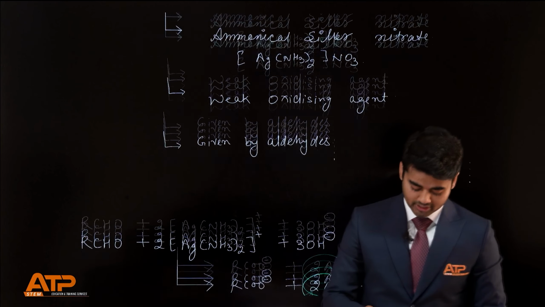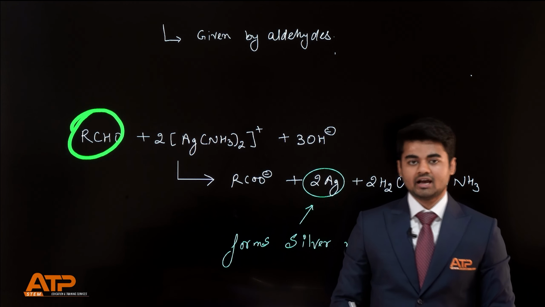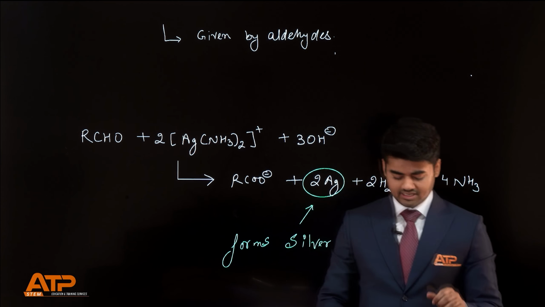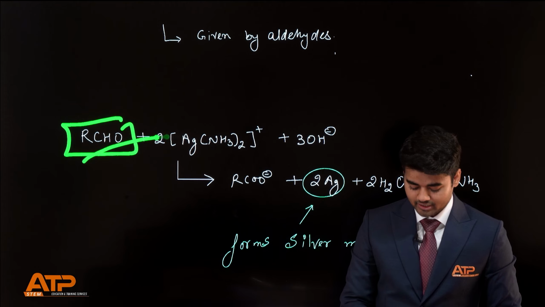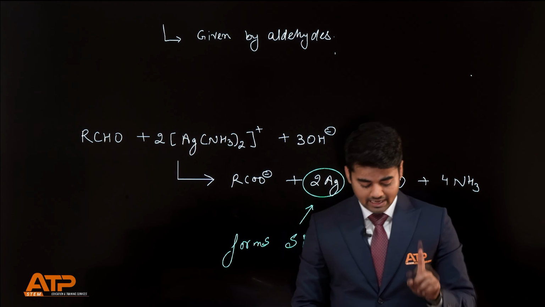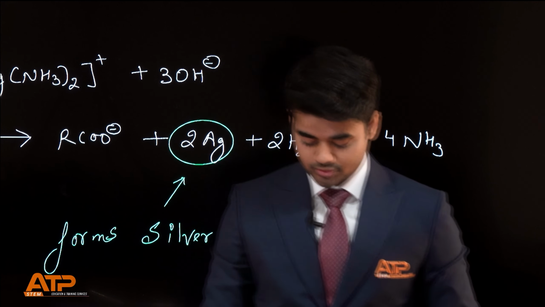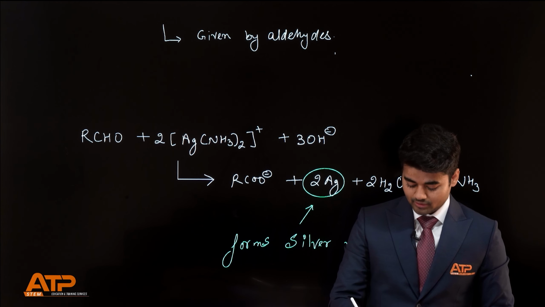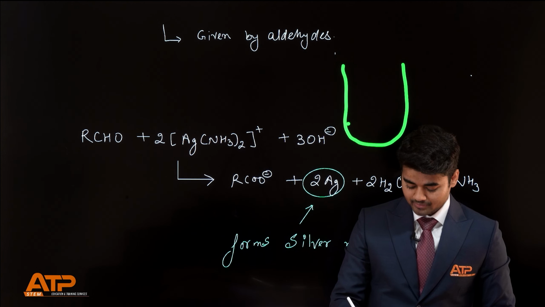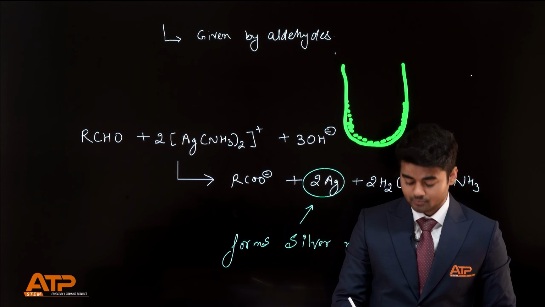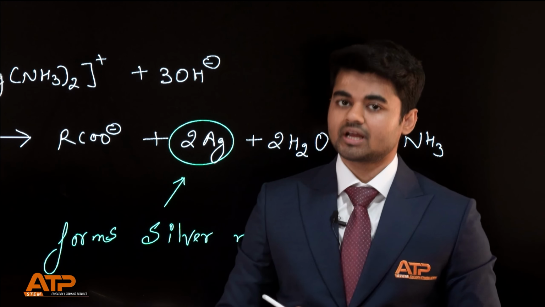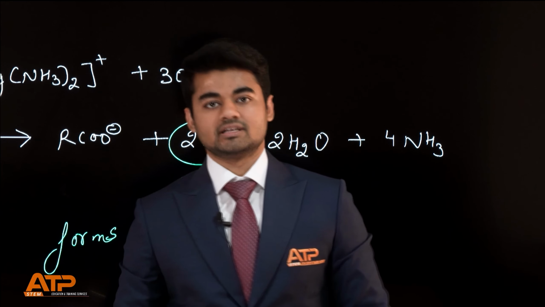That is the idea. Okay, so let's start. I have taken an aldehyde here and I have taken Tollens reagent. Tollens reagent has oxidized this aldehyde to its respective carboxylate ion and itself got reduced to silver metal. When you carry out this experiment, this silver metal gets deposited on the inner surface of the test tube, creating a brilliant silver mirror. Hence, it is sometimes also referred to as the silver mirror test.